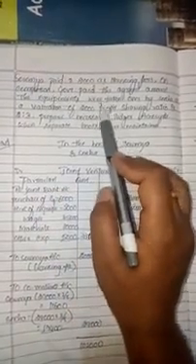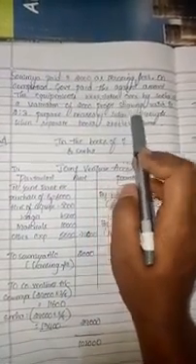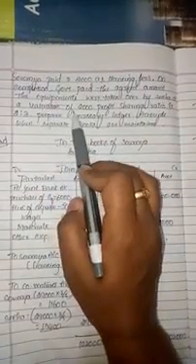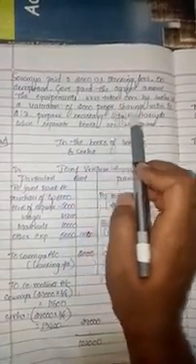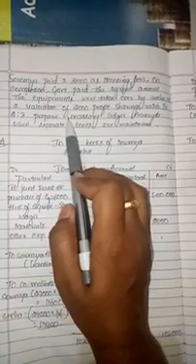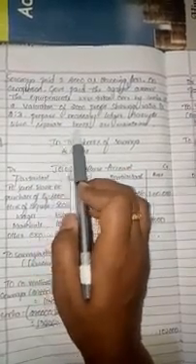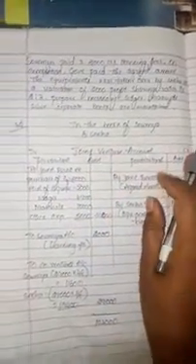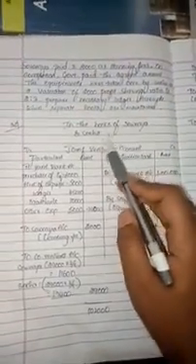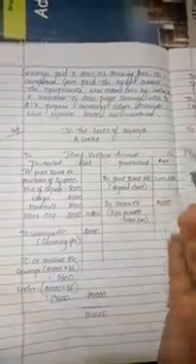Next one, the equipment was taken over. Equipment, in the sense of assets, was taken over by Sneha at a valuation of rupees 2,000. Profit sharing ratio is 2:3. So prepare the necessary ledger accounts when separate books are to be maintained. See now, in the books of Soumya and Sneha, first we need to prepare the joint venture account.